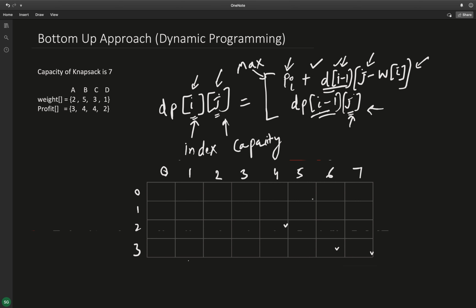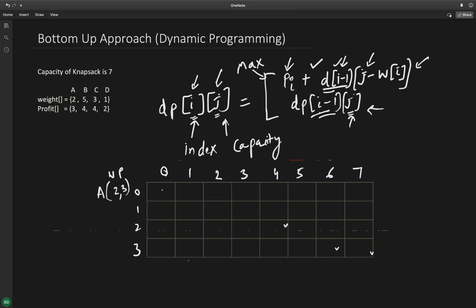We'll start filling row by row, I mean for each item we will fill this table. So we'll start with item A, which has a weight of 2, and the profit that can be earned by this item A is 3. This is the weight, this is the profit.